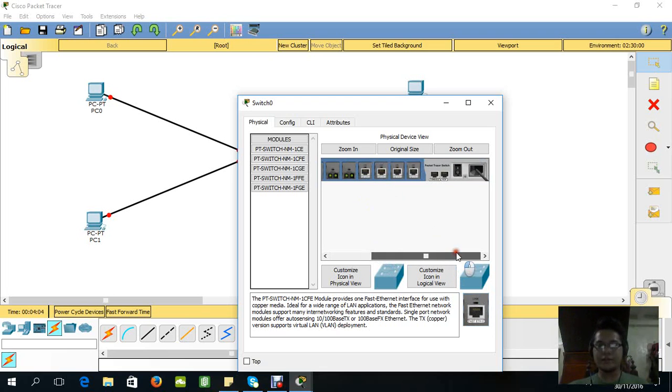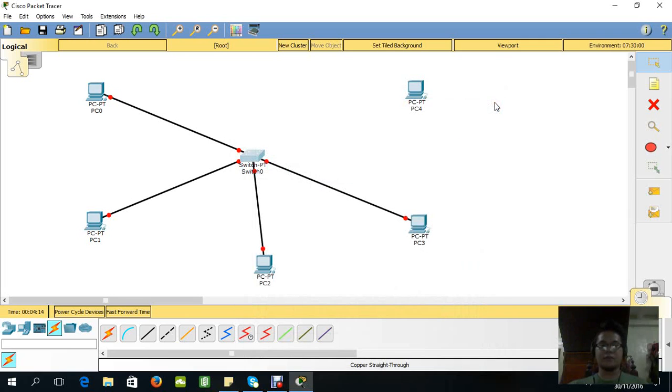Then after that, let's switch it on. Let's wait for all the buttons to be green.